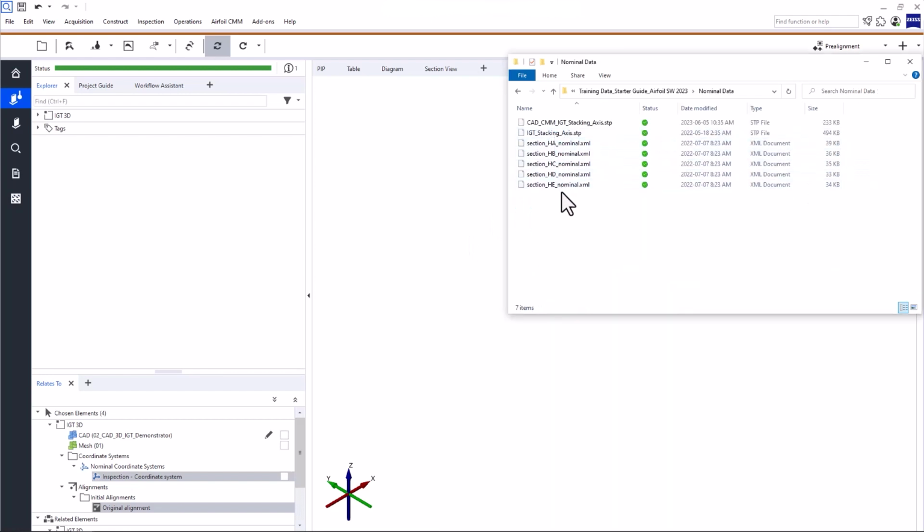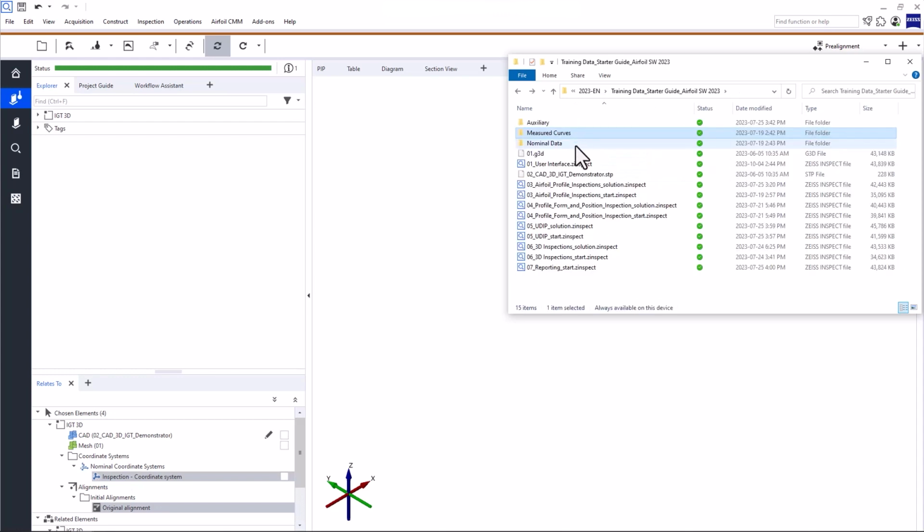You'll need nominal curves and the corresponding measured curves. Before we start, please note that if you're working with Zeiss Calypso Curve, in addition to Zeiss Inspect Airfoil, your process will be super easy. You can simply select the curves as well as the alignment you want to use for your inspections, and use the function Turbine Blade in Zeiss Calypso Curve to export the data to Zeiss Inspect Airfoil. If you're curious about the possibilities, check out the Calypso Curve for Airfoil's training. But I'll show you the manual import process here.